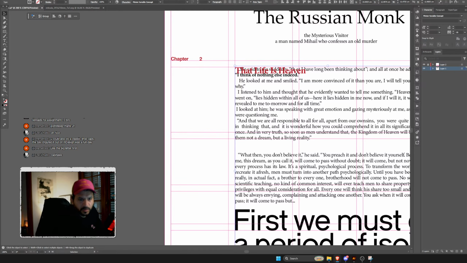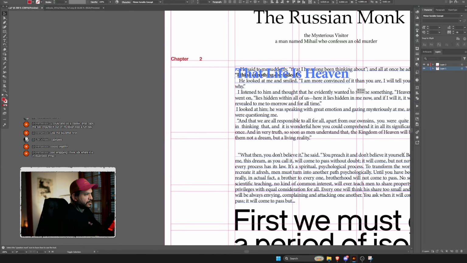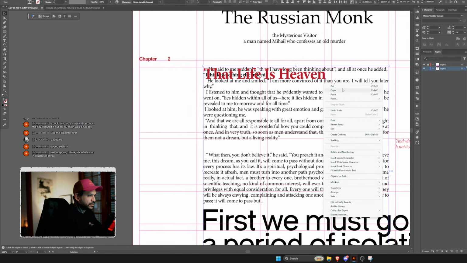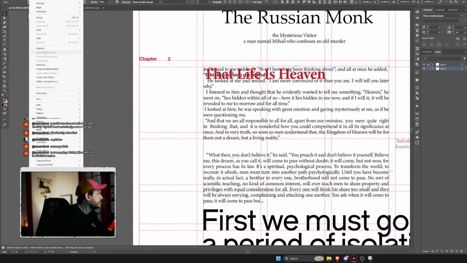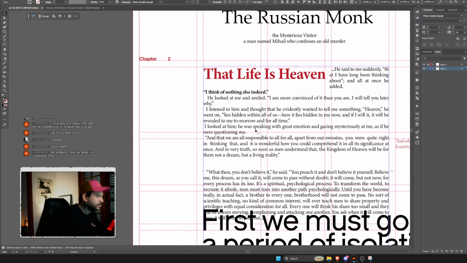Place the object on top of your text block, select both elements. Okay. Make it like this. Text wrap make. Ooh. Okay, but let's change this.